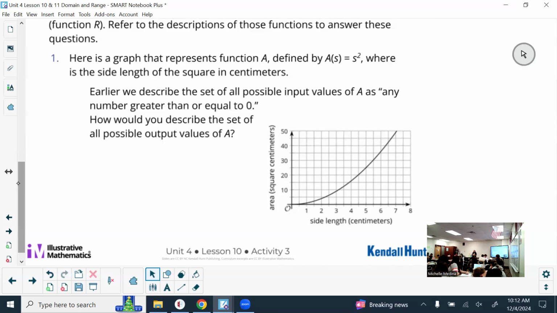Yeah, like if my side length was a decimal, it's a good chance my area is probably going to be a decimal. So because of that reason, we did connect the dots, because it can be everything in between those whole numbers on each side. For the other situation, situation 2,